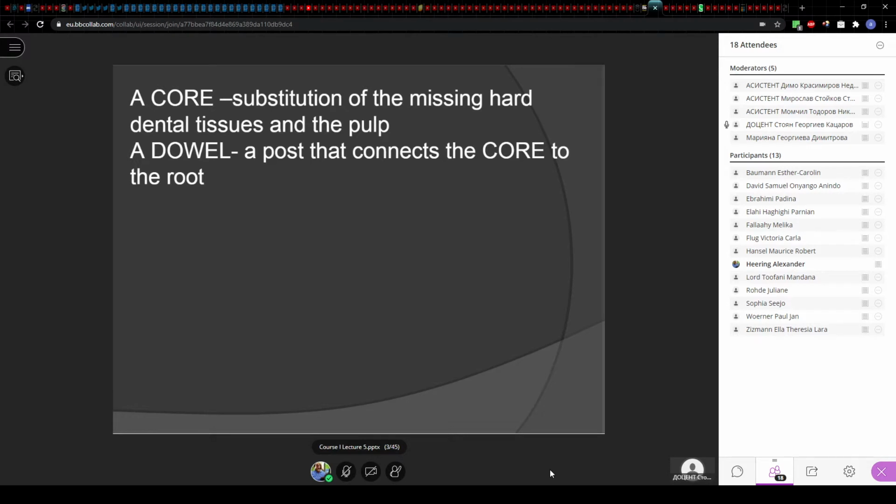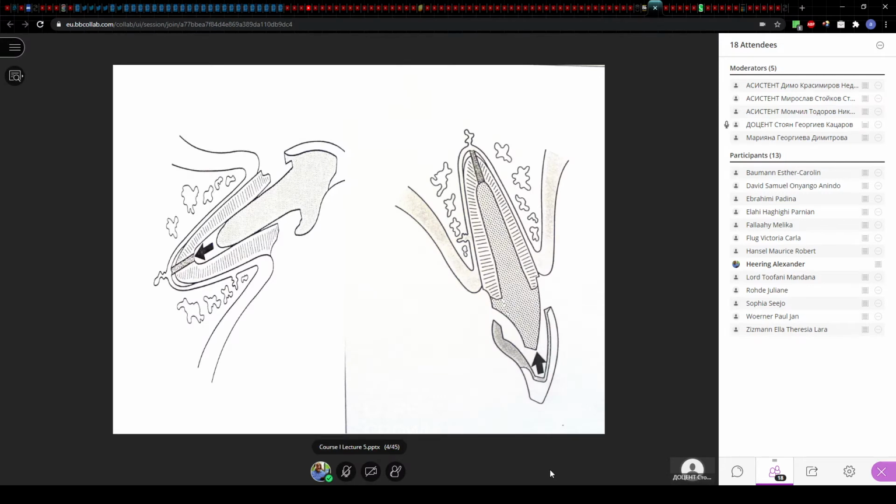If we refer to the glossary of prosthodontic terms, we'll find that the core is the substitution of the missing hard dental tissues and the pulp. And the dowel is the post that connects the core to the root. So basically they are,